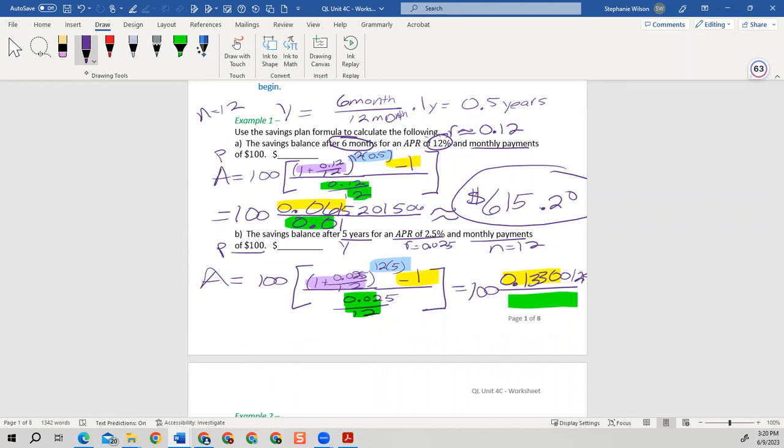It's going to give us, oops, kind of got carried away with my 3 there. 0.00283333, repeating. So now I'm going to go ahead and say 100 times that fraction,